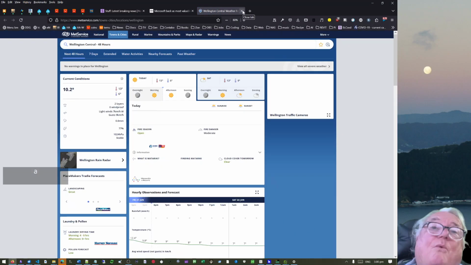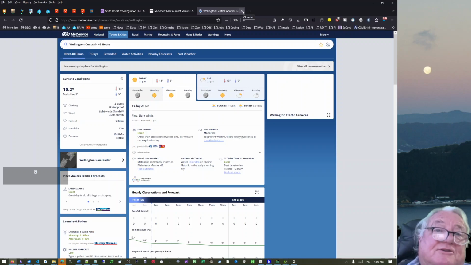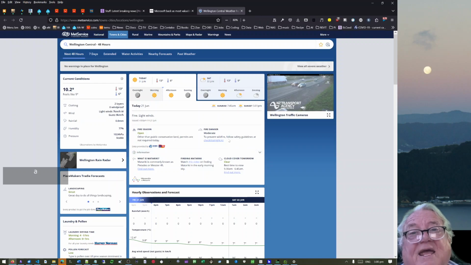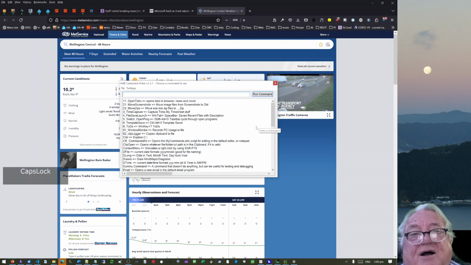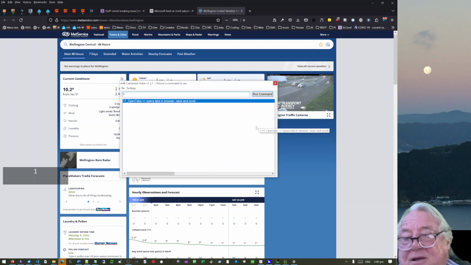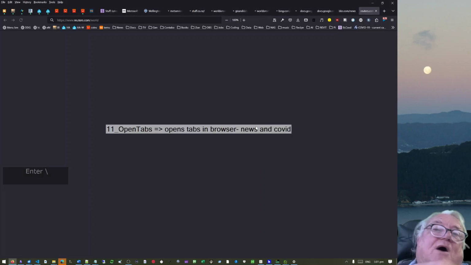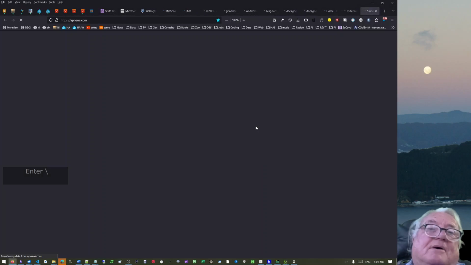So this is how we can get URLs, and some of the URLs can be very, very long, and you can most probably also, if you're using something like AutoHotkey, nest a whole load in together. So I've got one here, and this is just a script, that if I do caps 1 enter, this is one in the morning, I actually open up and